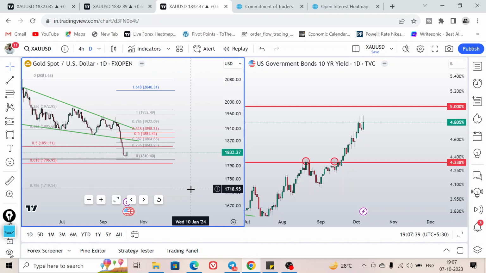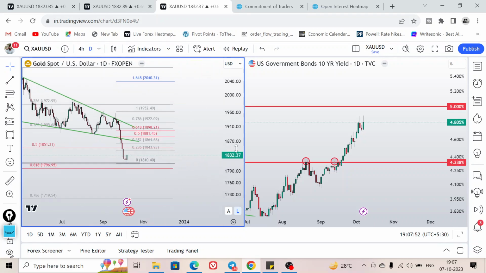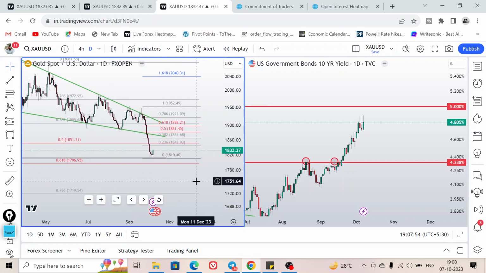So in this video we are going to analyze the gold chart on different time frames, and we are going to discuss important price action levels and important price action structure that gold is currently following, so that we can utilize those levels and that price action structure in upcoming trading sessions. We are going to keep it very simple, and we are just going to focus on the important price action